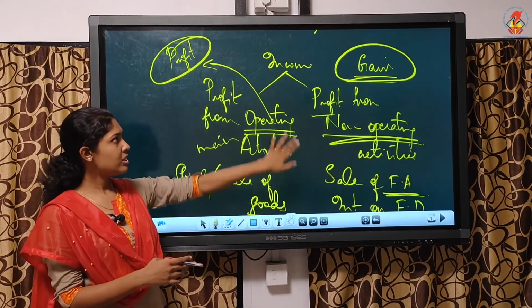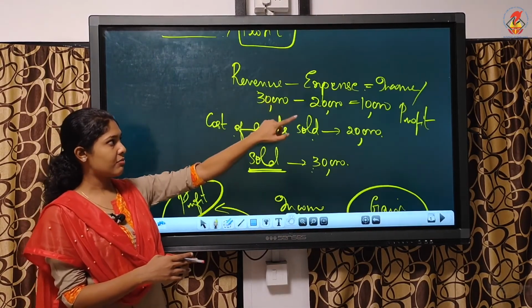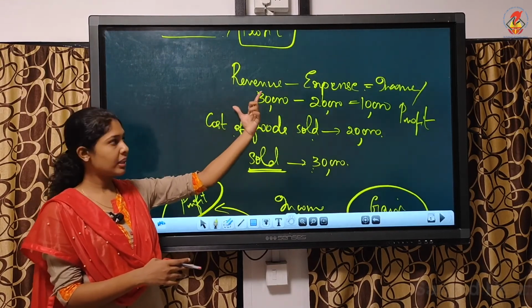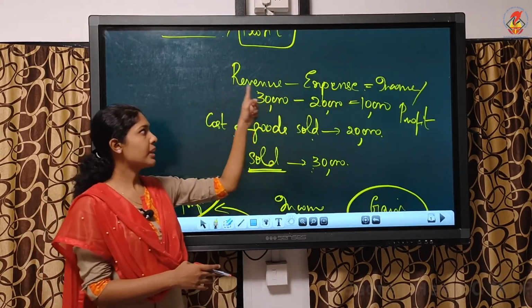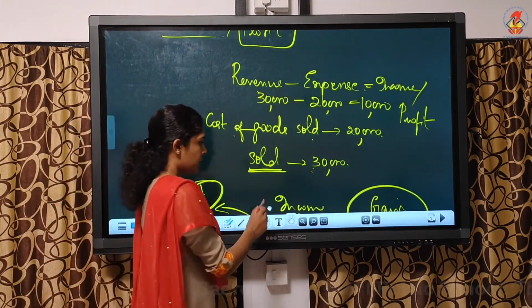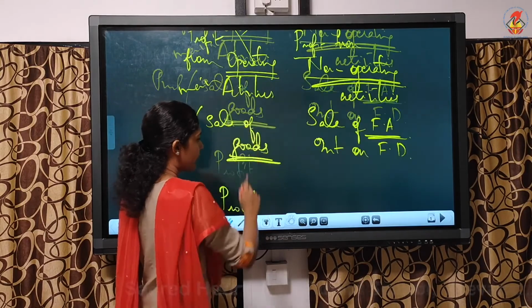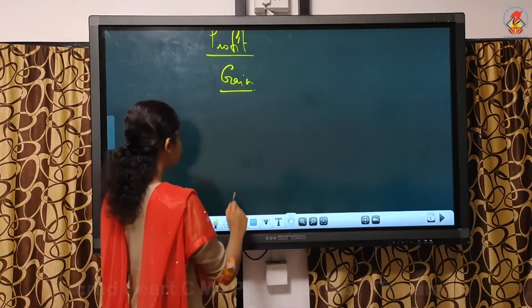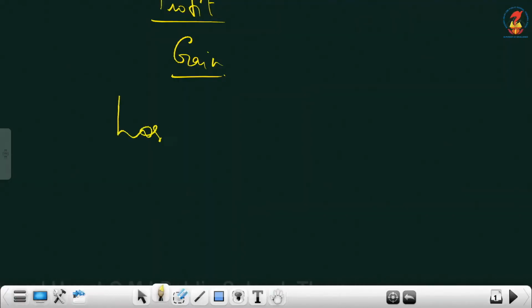Then we discussed revenue also. Income and revenue, again there is a difference. Revenue means the total sale value. Income means the difference between the sale value, the revenue, and expense. Now, there is one more term which we need to discuss in this chapter. That is, finally, loss.